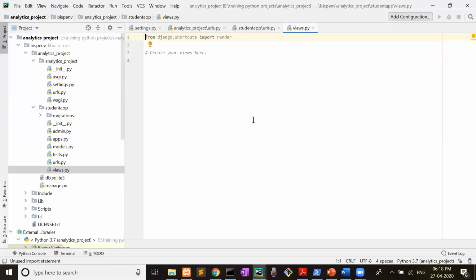Now come to the view and start writing functions here. The syntax of function is def show index page, request. It's the syntax of this function writing, return http response hello world.